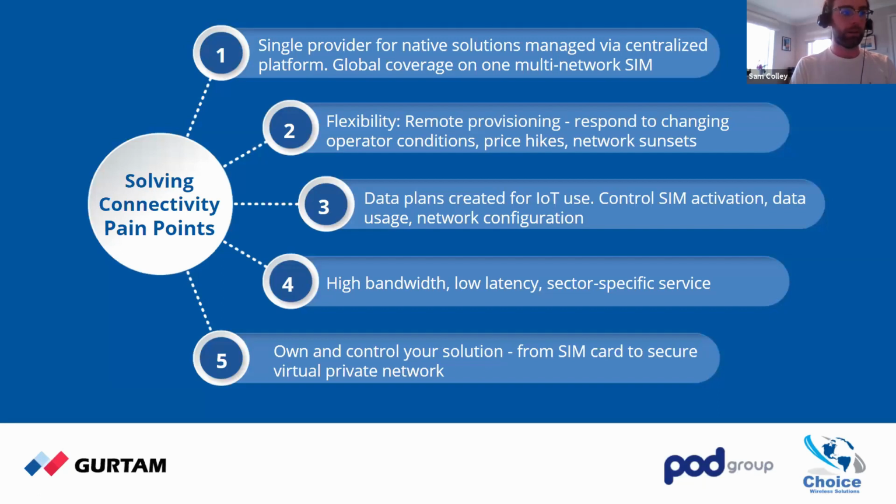And I think ensuring IoT-specific rate plans is also really important, and will give you longevity and reliability in connection. We've seen on a number of occasions consumer rate plans being missold or misused, and that then having a knock-on impact in terms of the access to the connectivity at the application level. So just making sure that you're supporting the application with the right type of connectivity is important. And selecting a platform with a high level of control, making sure you can set sensible limits and alerts,